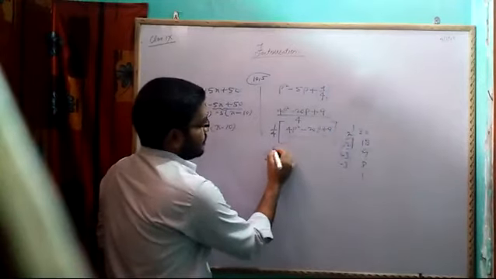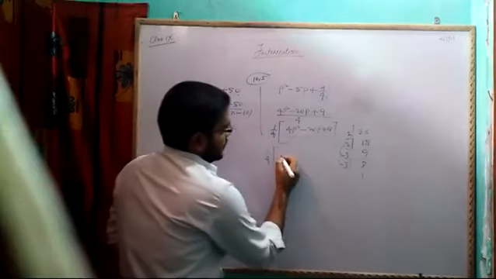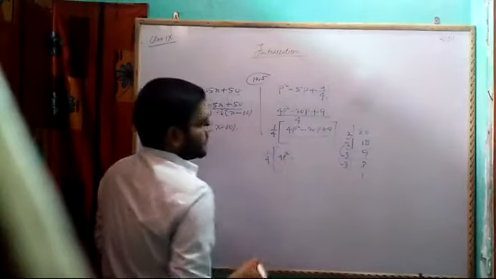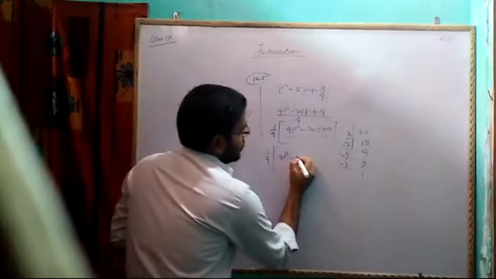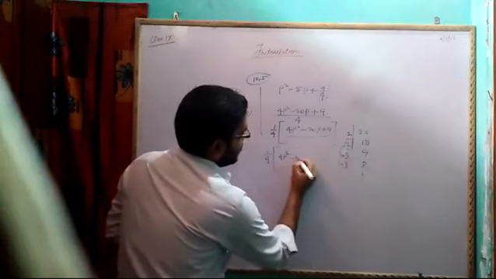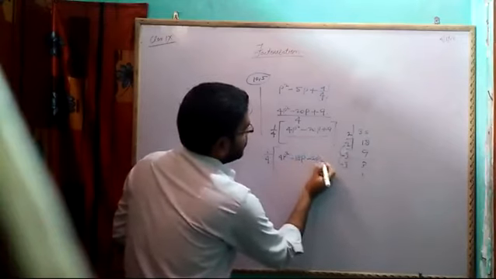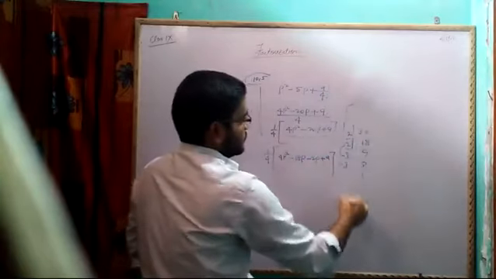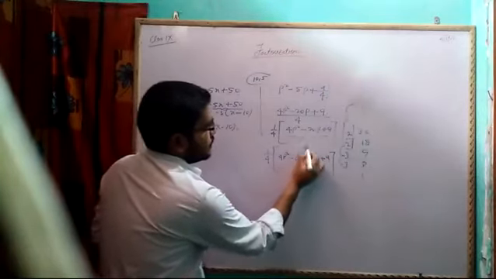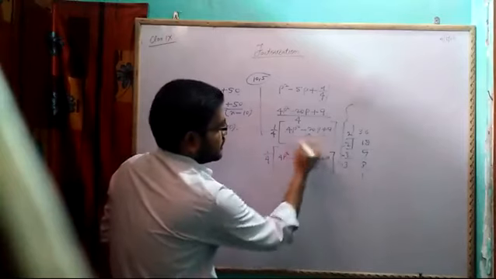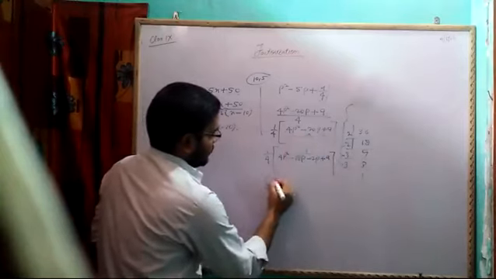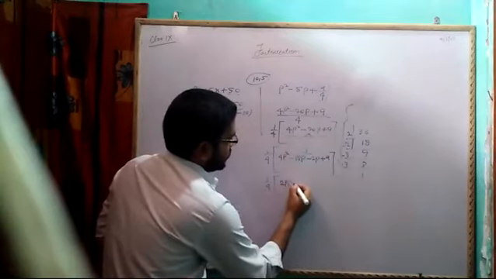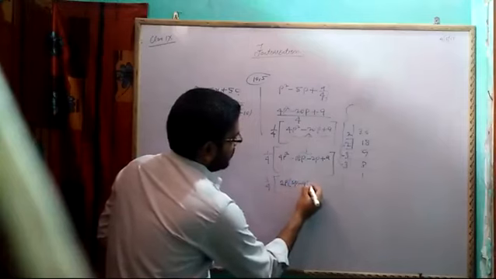So 1 by 4 separately, then you can write here 4p square minus 18p minus 2p plus 9. Can you write? 18 and 2 make 20, 9 fours are 36. Got the answer? Now you see it will be 2p common, so it will be 2p into 2p minus 9.